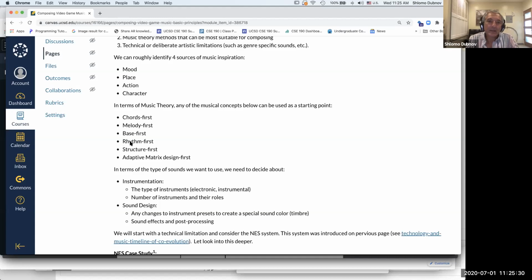The rhythm part, I kept it separate because here we're talking really more about the notes themselves, how they relate to each other in terms of pitches, but timing. We are very, very sensitive to rhythm. And of course, if you put just a drum loop, you don't need to think about notes.